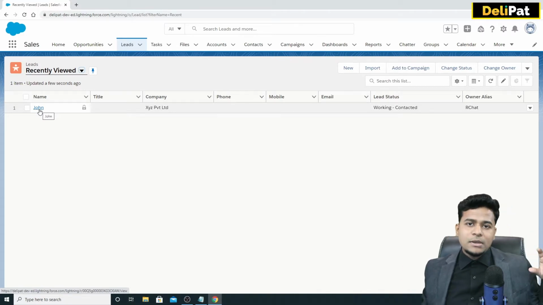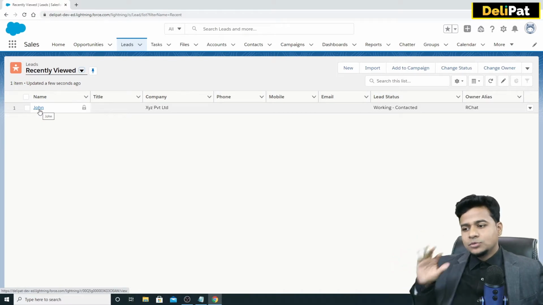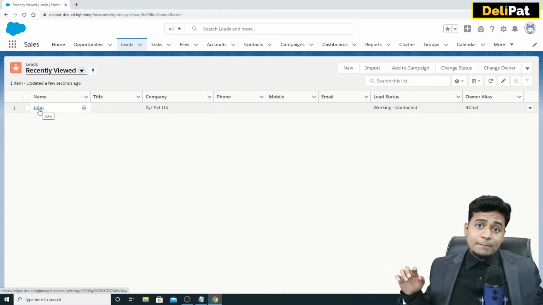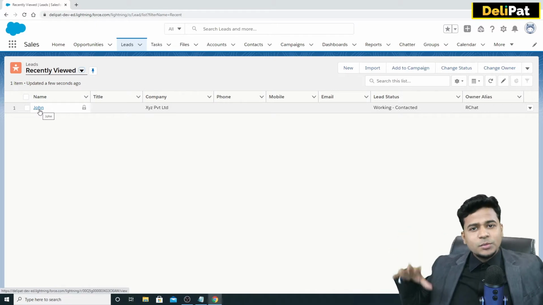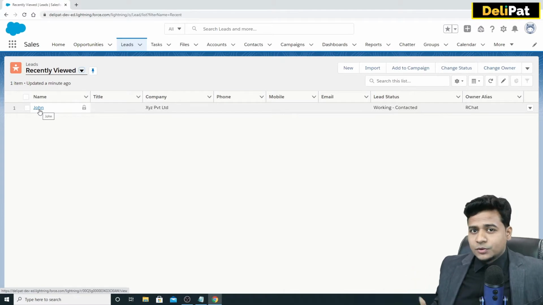So one campaign can generate multiple leads. Yes, and the same lead named John can also come from multiple campaigns. You see, there's a many-to-many relationship. We're going to discuss this many-to-many relationship in the chapter called relationship. Right now, let me show you how you, as a salesperson, can tag this particular lead with the campaign.